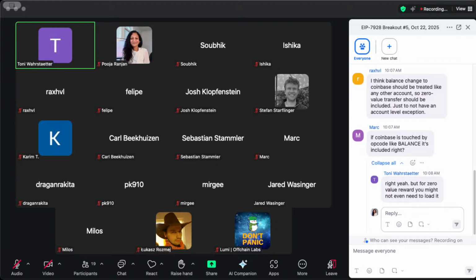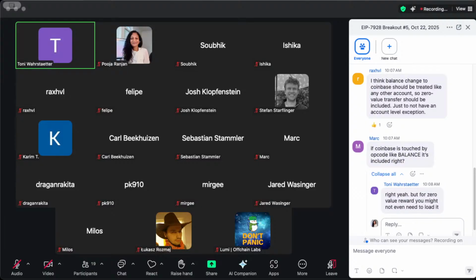Yeah, to me, this feels like the cleanest solution, because now I can definitely see the argument for including the Coinbase in this exact edge case that you described with this three-digit EIP that we're talking about. It also, just to echo what Rahul is saying in the chat, will allow us to treat a zero value call exactly the same as a zero value balance. So essentially, we would just have a rule in the EIP that the Coinbase address is always included, at least as a read, if there are no other changes happening to the Coinbase account. And then we don't have to think about any of those edge cases.